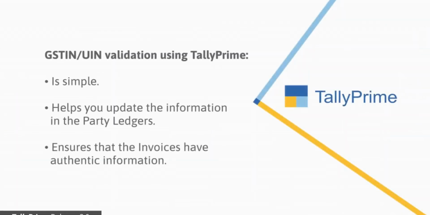As demonstrated, validating GSTIN or UIN information for parties in your company data is a simple process after which you can update the information in the party ledgers so that your